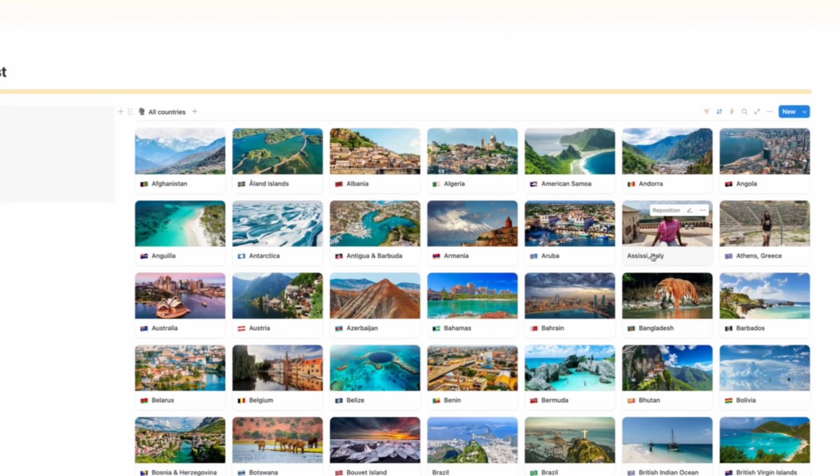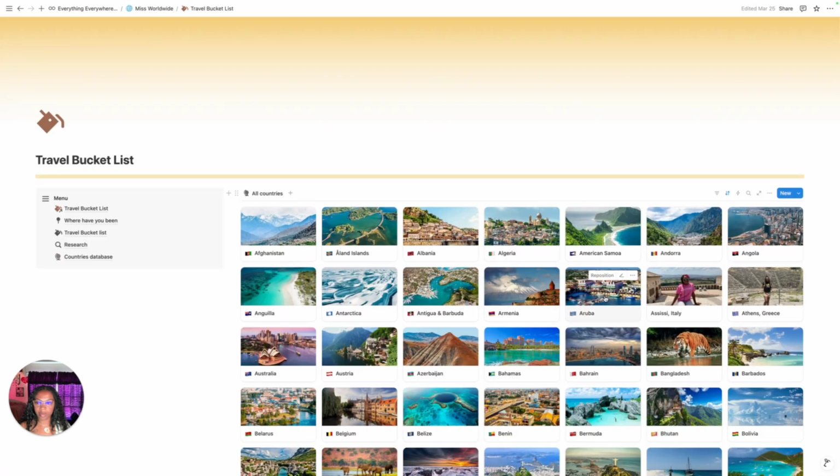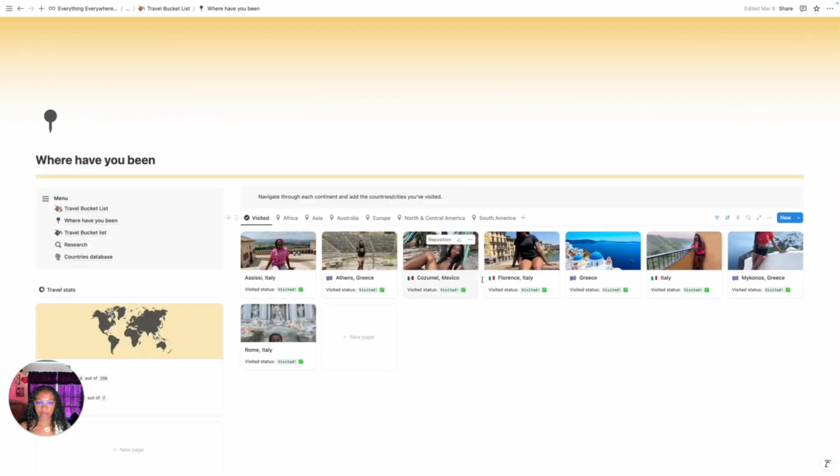So I've been to Italy, I've been to Greece, and I've been to both those countries. So this is where you have been as well. Absolutely in love with this. You can see, I put every city I went to in Greece and Italy because I was up and down the coast and they're so different. Each city has its own culture. I think it counts, right? And here's a picture of me in it. And it counts it for you.